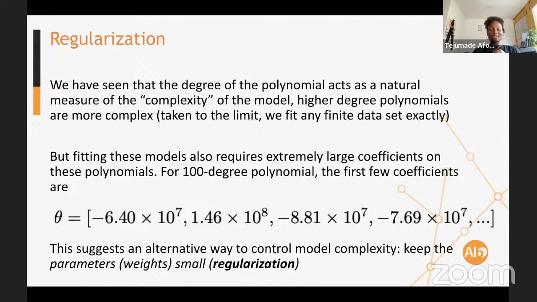So this is what we are going to do: control the model complexity by making the weights smaller. We don't appreciate very large weights because they make our model complex. The regularization term adds a penalty that makes the weights, or the parameters, smaller.